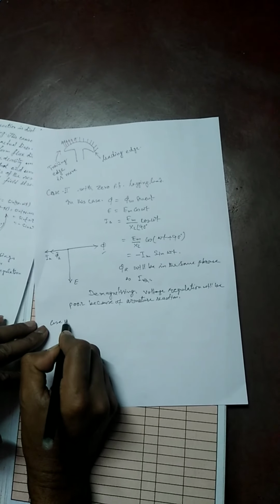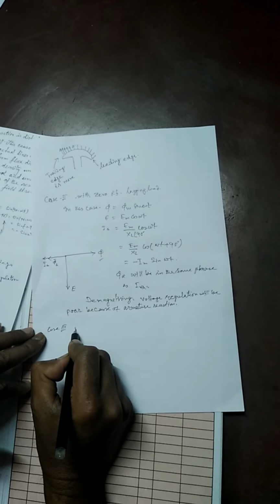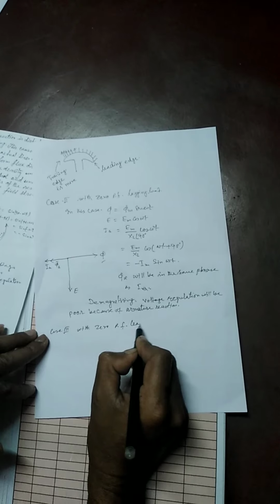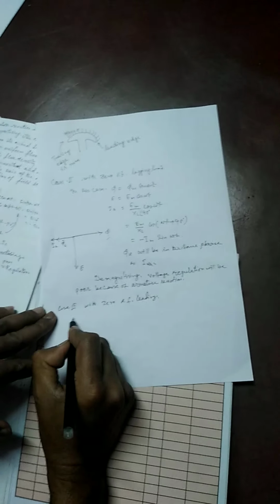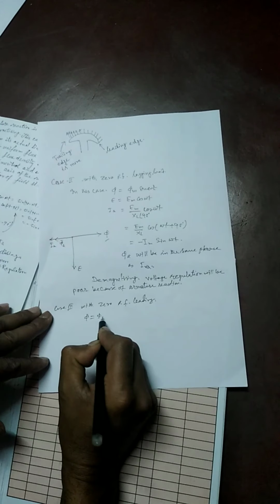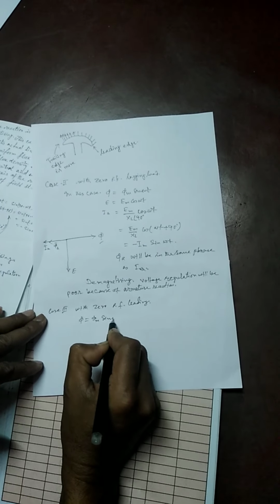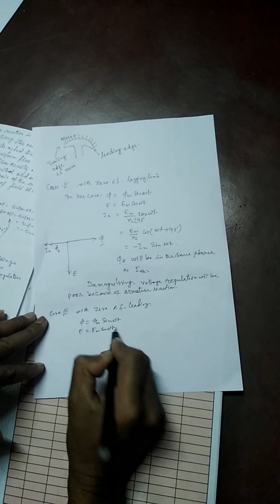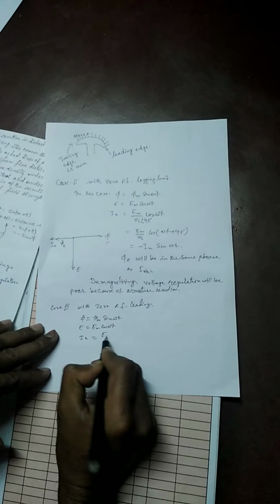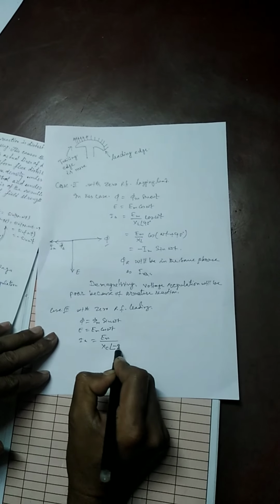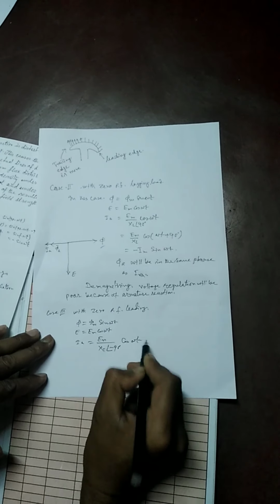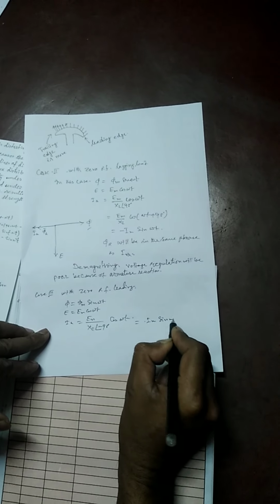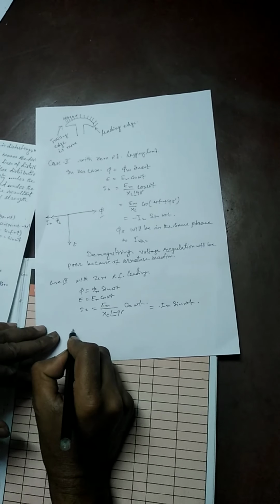Case 3, with zero power factor leading. Here also phi equal to phi m sin omega t, E equal to Em cos omega t, Ia equal to Em by XC angle minus 90 degrees cos omega t, equal to Im sin omega t. Phasor representation is as under: